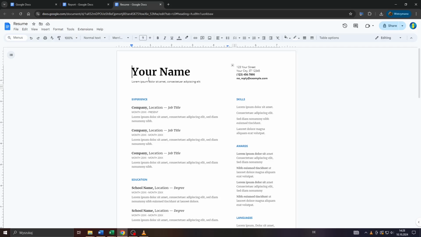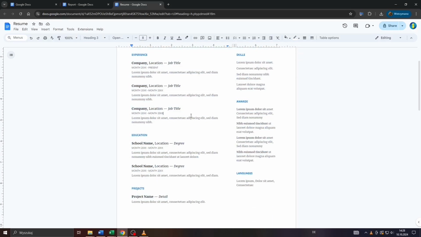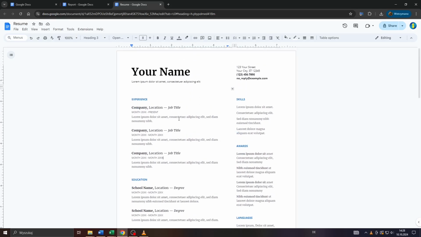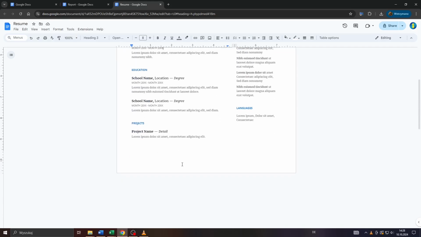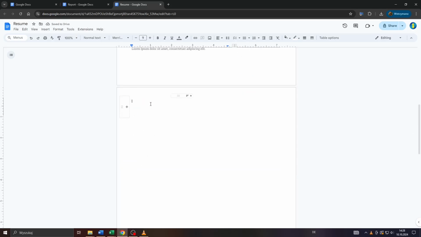Alright guys, so let's assume you've been working on a document like that. For demonstration purposes, I'm going to use a job resume template like that and add a couple of photos to it here at the bottom. So what you want to do is select the spot here in your document where you would like to add your photos. Like, let me add it here to the bottom of my resume, and next click on that image icon here, insert image,